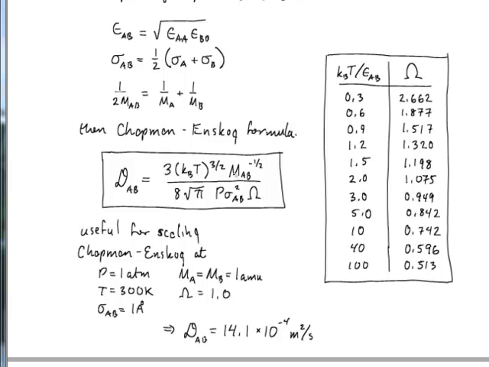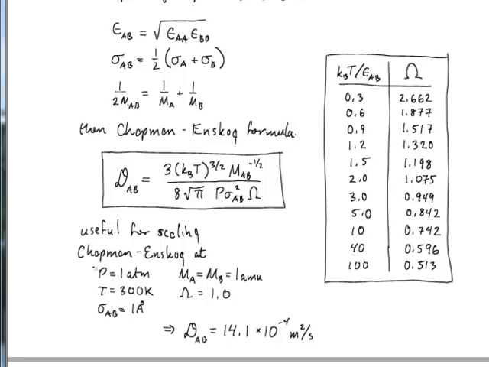Okay, so it's particularly useful in problems like this to put in some typical values of these different numbers, the temperature and the effective mass and the pressure and the diameter and the collision integral, and get a characteristic value for the diffusivity. Then you can use the scaling relations that are implied by the dependence on all these different properties to quickly and easily calculate the value relevant for the problem at hand.